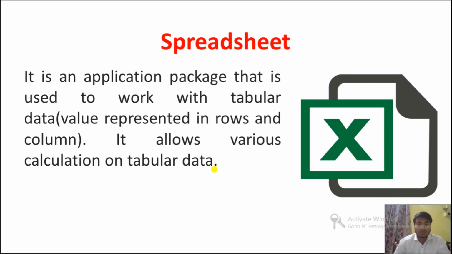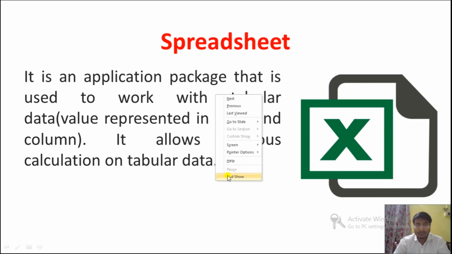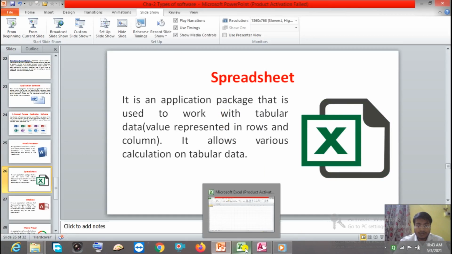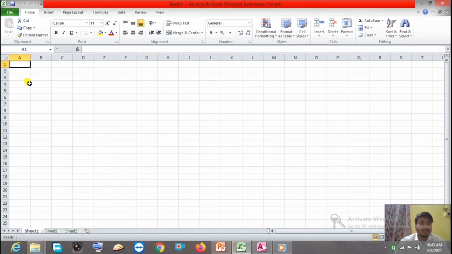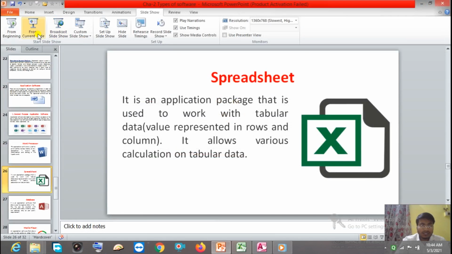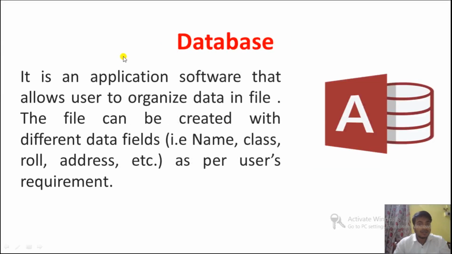Now let me show you this Excel or spreadsheet. I have already opened it here. Now you can see this is Excel, and from this side this is a row, and this is a column. Now let me write some numbers here. As you can see, I am writing numbers table-wise. After that, suppose you want to add, subtract, or multiply, that will be possible here. So this is about the spreadsheet or Excel.